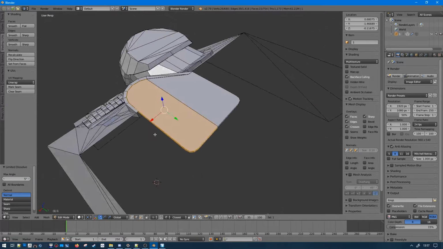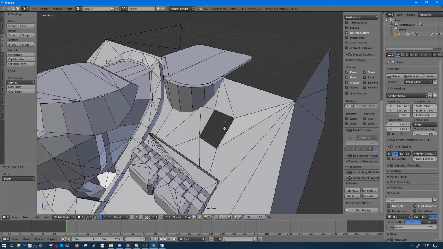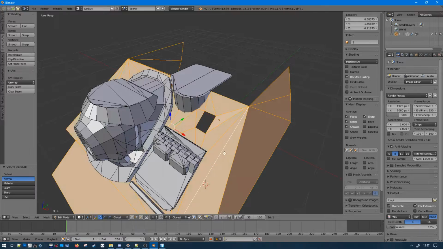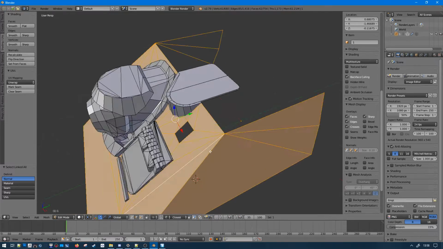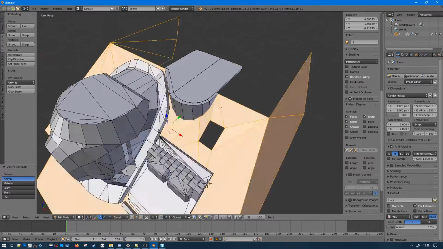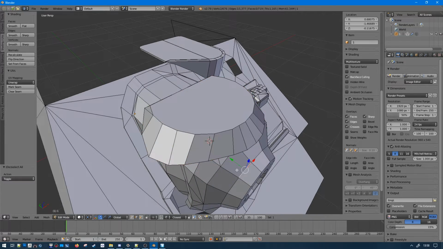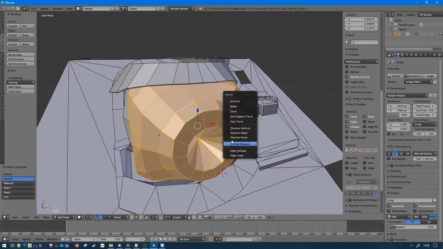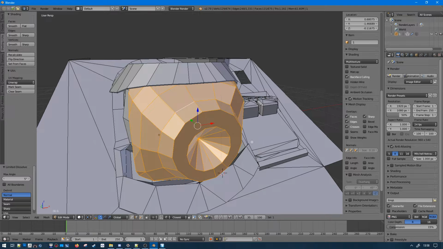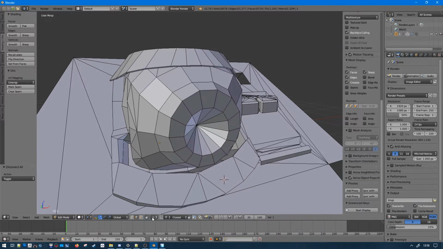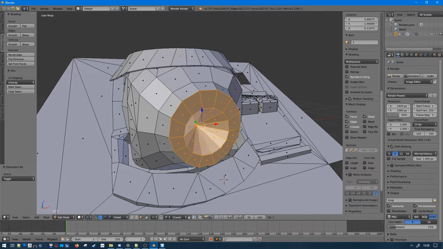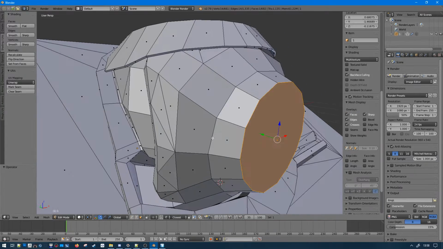So the first thing I'm going to do is use the limited dissolve to create n-gons almost everywhere, and try not to break the overall geometry. So I'm going to simplify all my components.